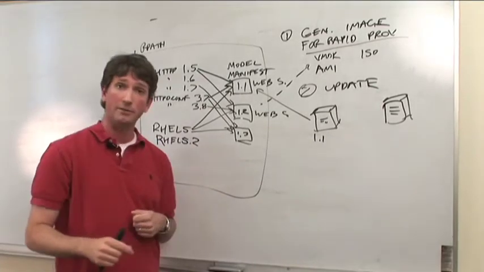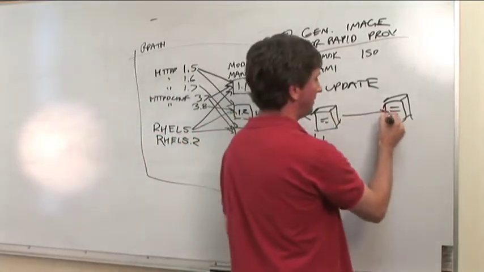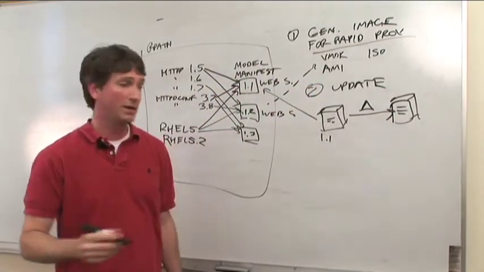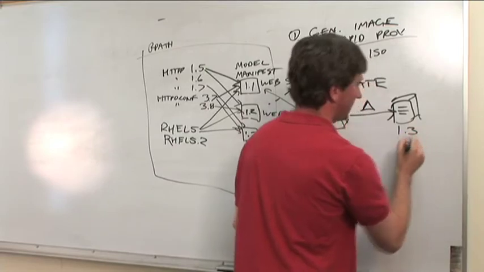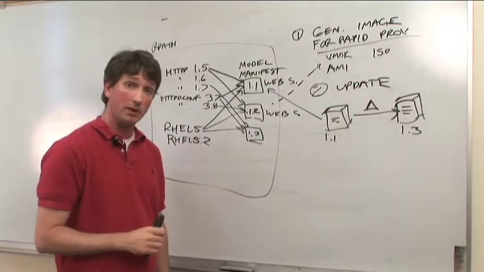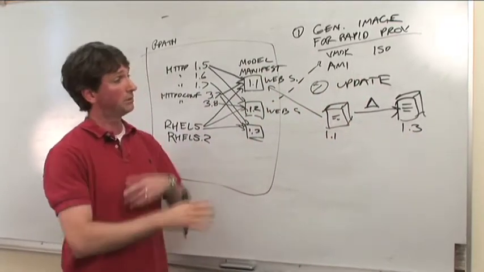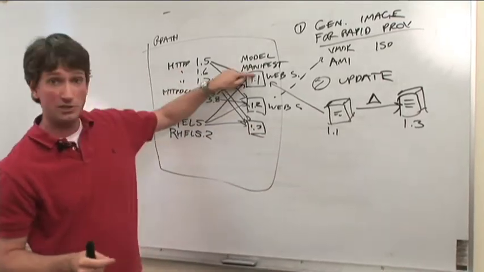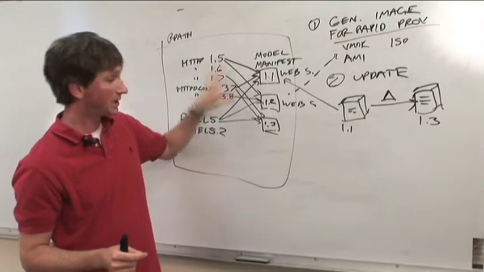And we figure out on the fly what needs to happen, the delta that will take that system from 1.1 to 1.3. And that change is incremental and it's minimal. We don't blow away the system with a fresh copy. If really just a couple things change to get from 1.1 to 1.3, because we have this deep model, we